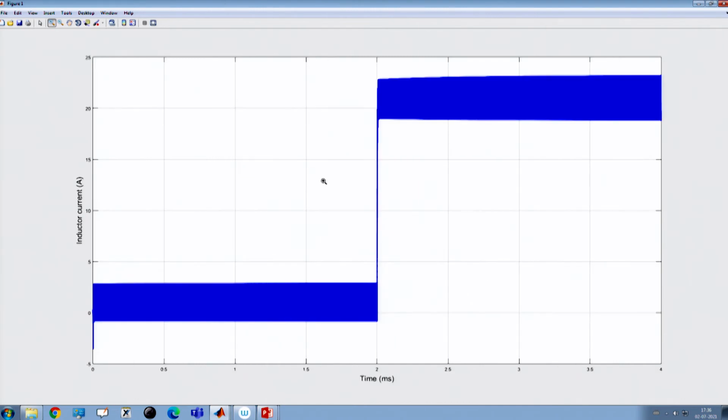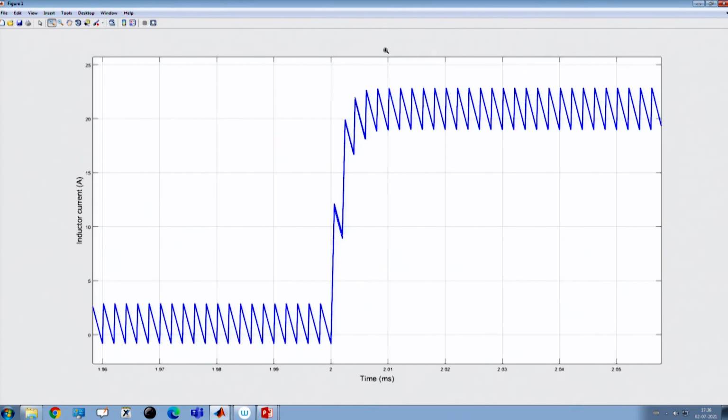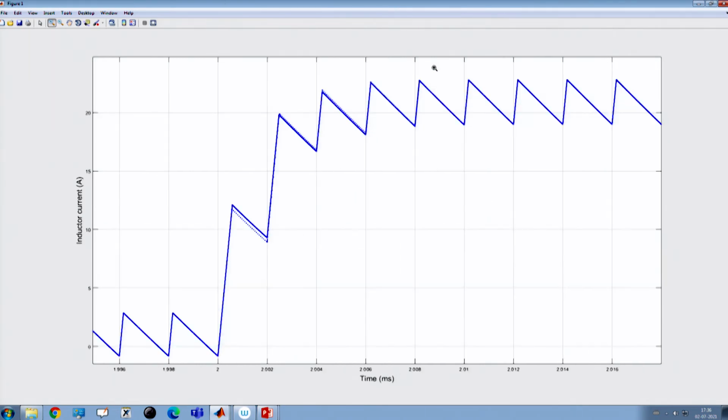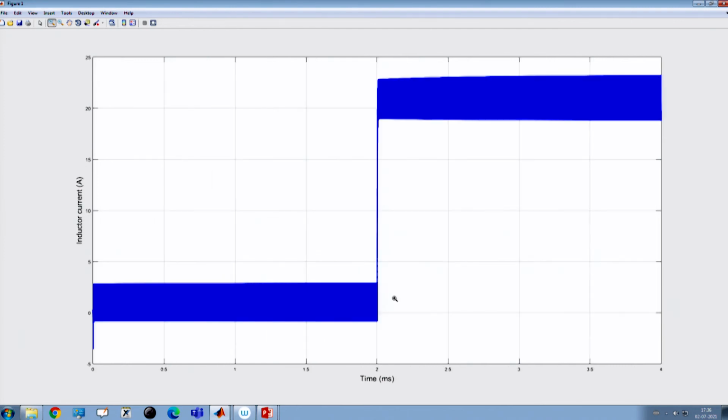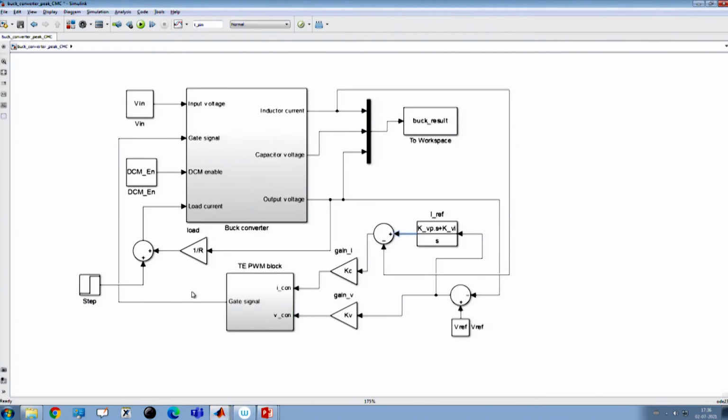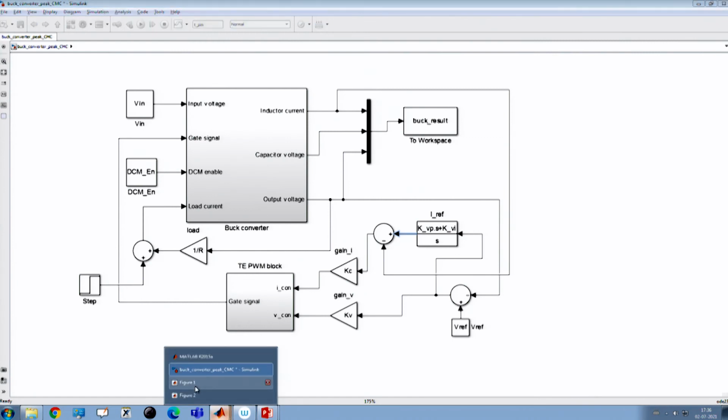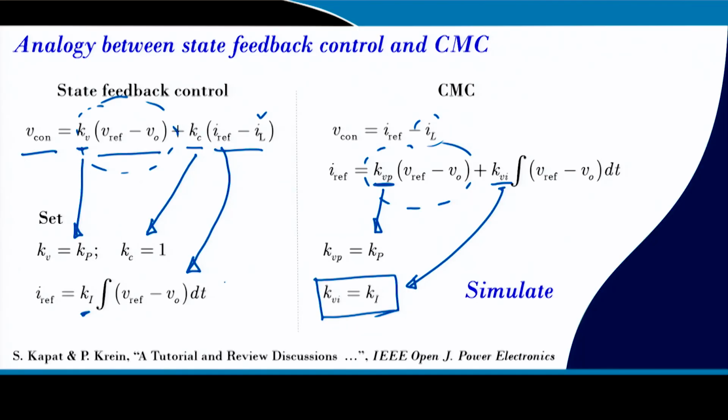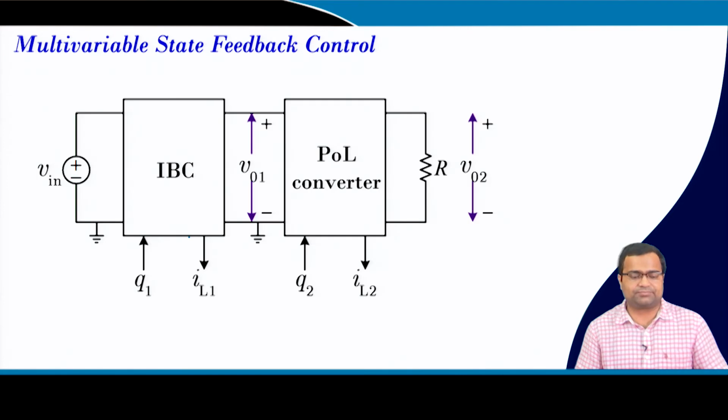Okay. So, that means the state feedback control and the current mode control almost resemble each other. In state feedback we have added an additional ramp sawtooth waveform, whereas in current mode control there is no sawtooth waveform, they are closely the same. The next task is that in state feedback control we can simply set another current reference and we can simulate, right. So, that means we can get an equivalent analog.